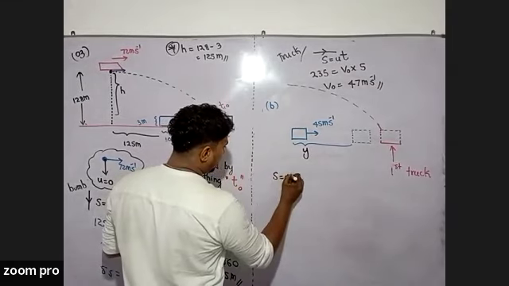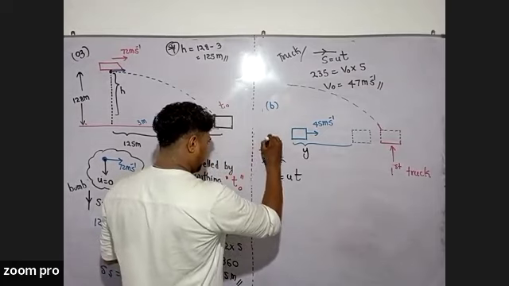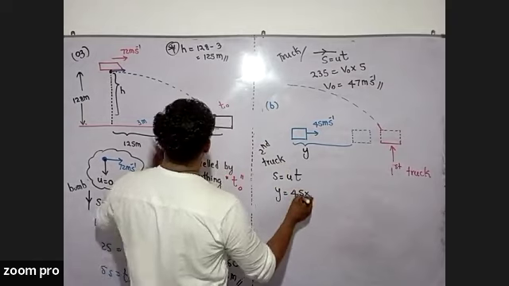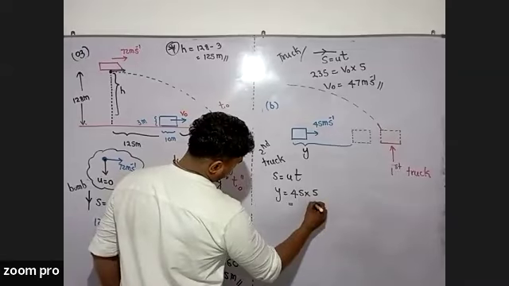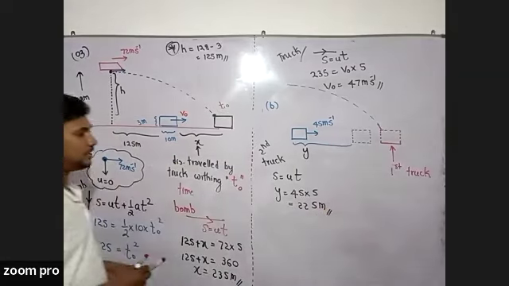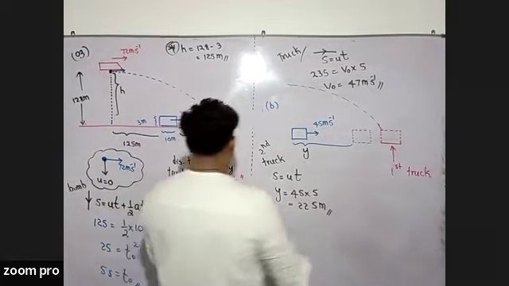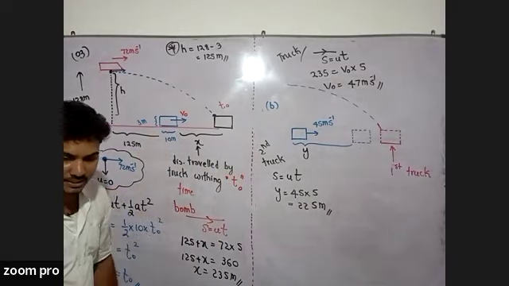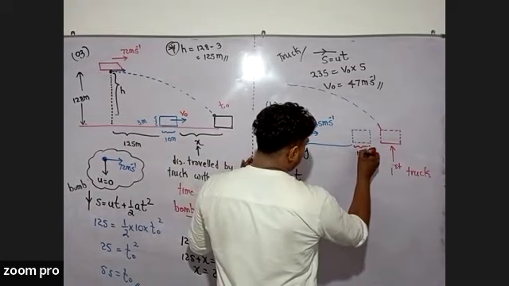So y can be obtained using this equation, isn't it? For the second truck, y equals 45 times t, and t is also 5. So this is the distance traveled by the second object. But as initially mentioned, the length of the truck is 10 meters. So this distance has 10 meters,